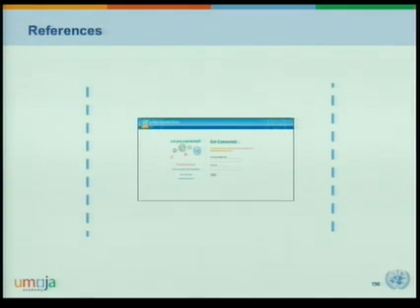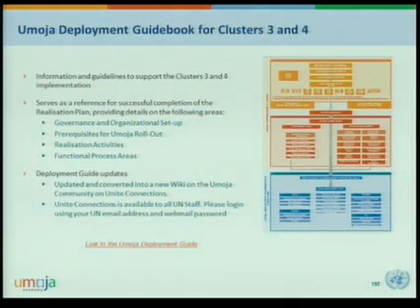Okay, so now coming back, where can you find all this information? The information is stored on Unite Connections. Who knows Unite Connections, or who uses Unite Connections already? Okay, only a few. Unite Connections is accessible to everyone. You use your email address and your password from your email account. There you will find what we call the deployment